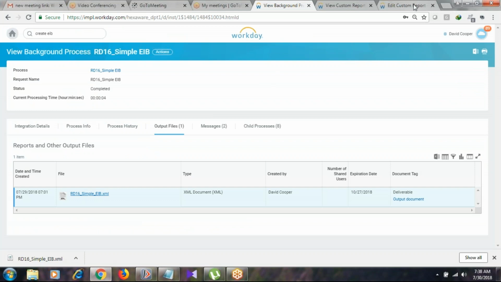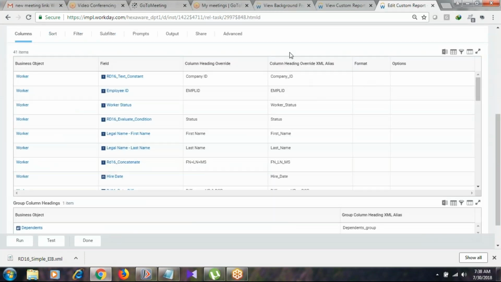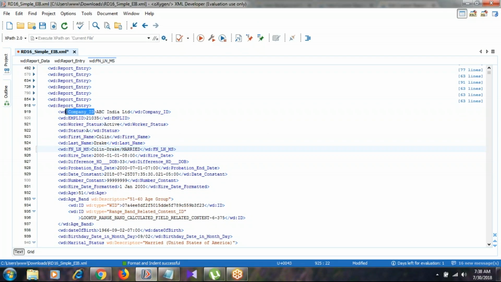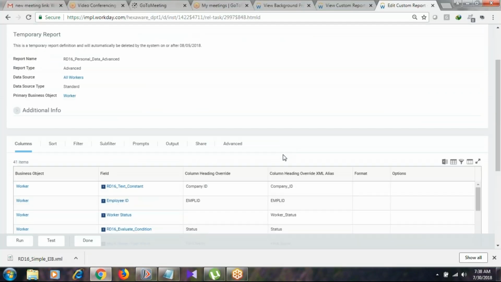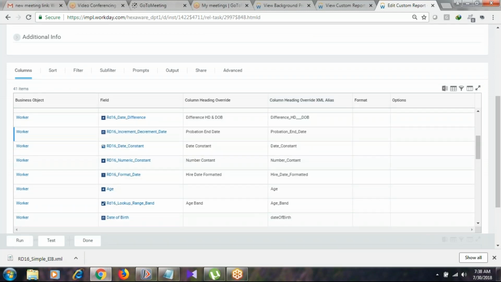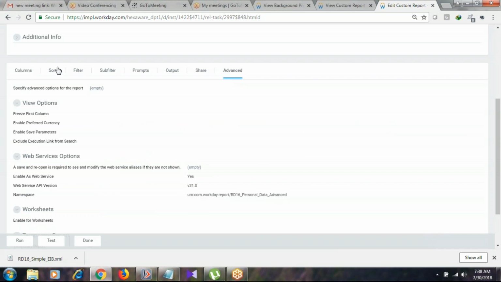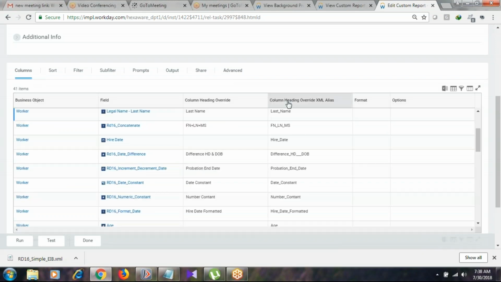Let me open my report here. Go to the columns tab. Whatever field names you see here, company ID, employee ID, worker status, these come from the column heading override XML alias. When we make this web service enabled, only then can we see this option.